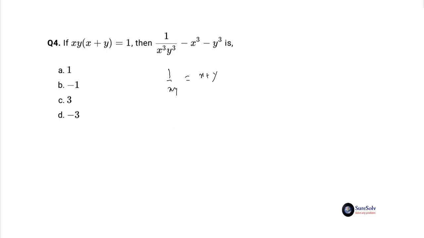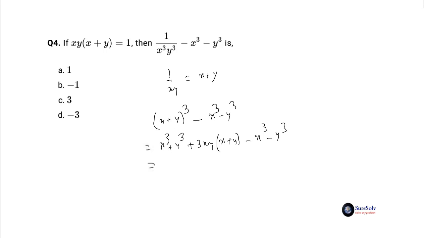We'll substitute this in the target expression to get (x plus y) whole cube minus x cube minus y cube. Using the compact form of expansion of (x plus y) whole cube, we have x cube plus y cube plus 3xy multiplied by (x plus y) minus x cube minus y cube